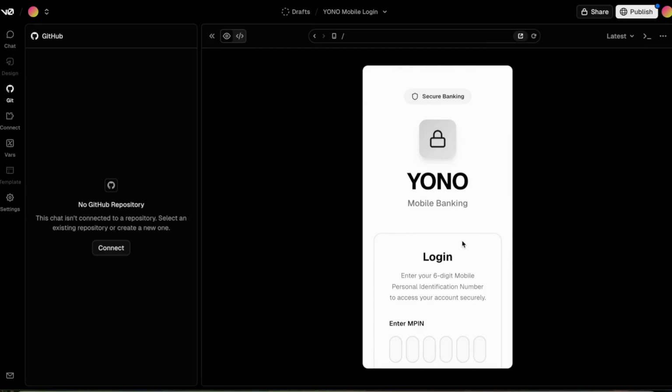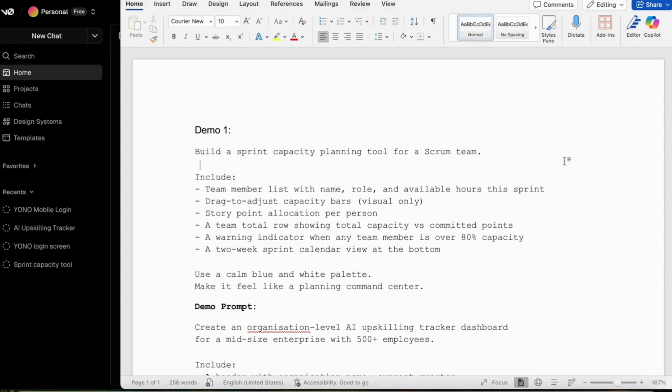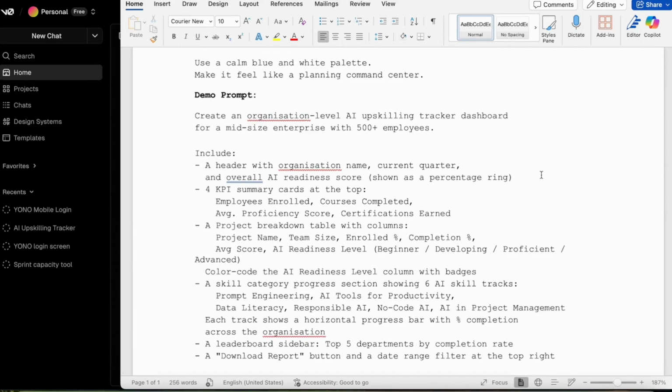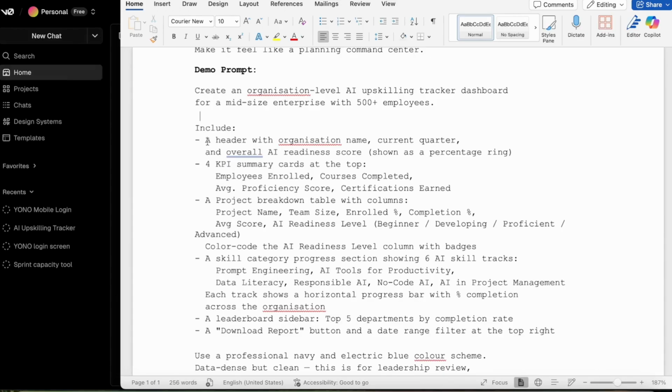Now let's move to the next example. All right, now let's move to another example. Let's say you are a program manager managing the AI enablement program in your organization, and your leadership has asked for a dashboard that will show the progress of your entire organization, which is around 500 plus employees, and you want to develop a dashboard that will be reviewed by leadership, and you want to develop a